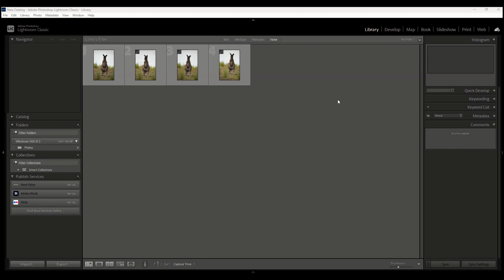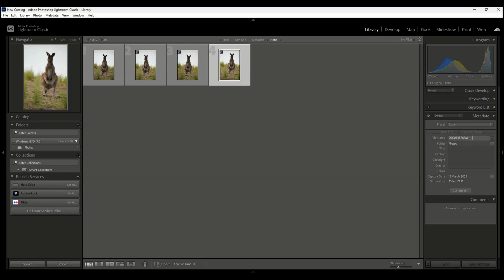At the top of the screen, below the filters, is a thin gray bar called Library Filter. On the right-hand side of your screen is another pop-out tab. This one has a few more options, quick develop, keywording, etc., and exists mainly to give you information about your photos. The most useful of these options is the metadata section, which lets you look at the behind-the-scenes information about